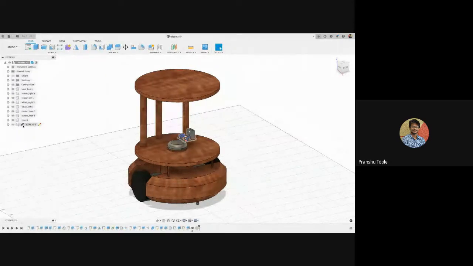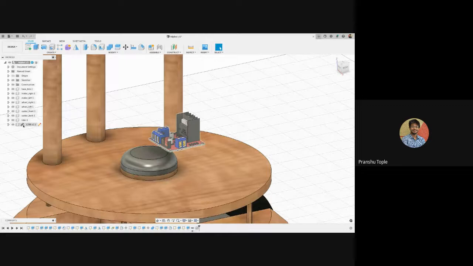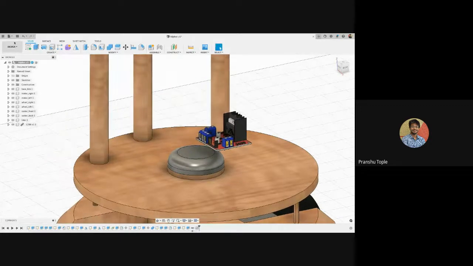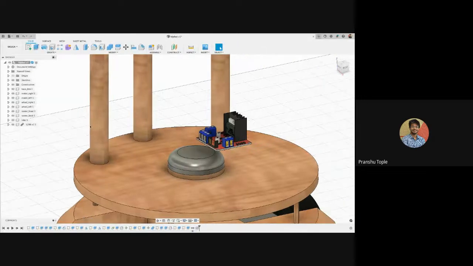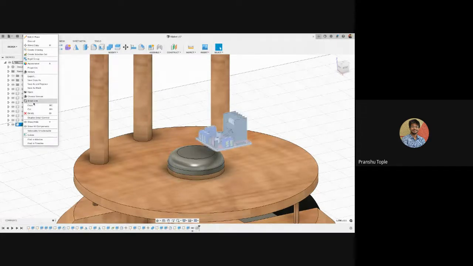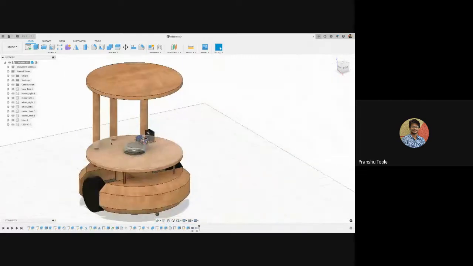So here you can see there is a small chain icon that is being created in front of this motor driver name. So this means it is a linked component. Why is it a linked component? Because it is linked to another design. That is the reason there is a chain over here. If there are any linked components in your design, just make sure to break the link. Just right click it and break the link. Until now it was a normal linked component. Now you can see it has become like any other component. So it is now an unlinked component.